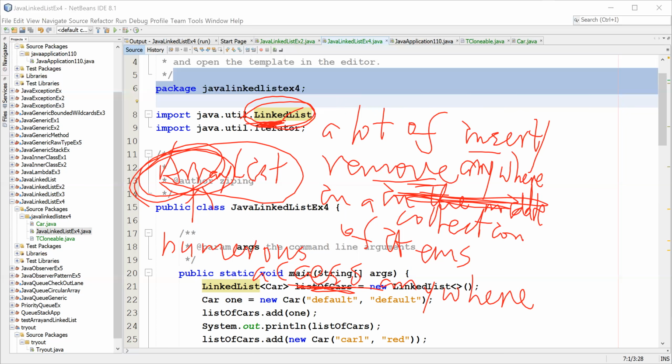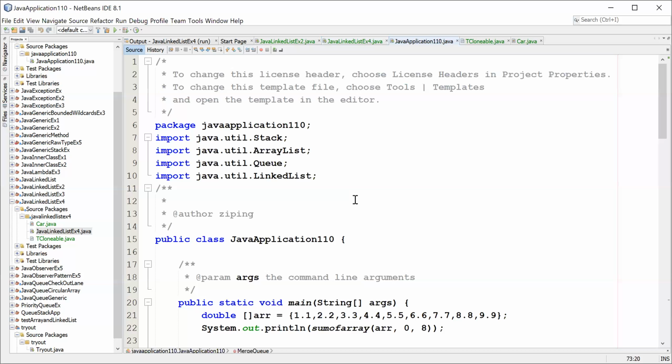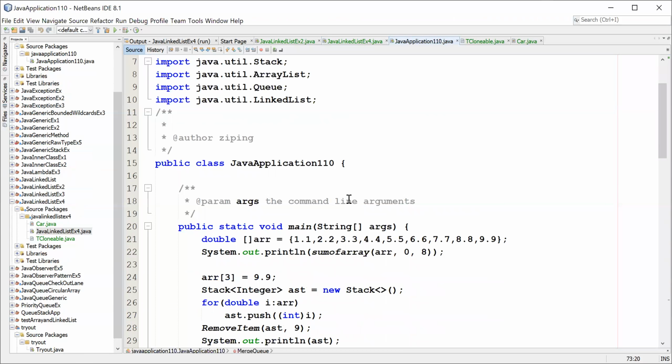So whenever you want to use the data structure, then make sure to identify which is the most appropriate data structure. Okay, so that's the general concept about the linked list, and we finish the linked list discussion. And the second part for today's discussion is going to be the exam review. Okay, exam review,